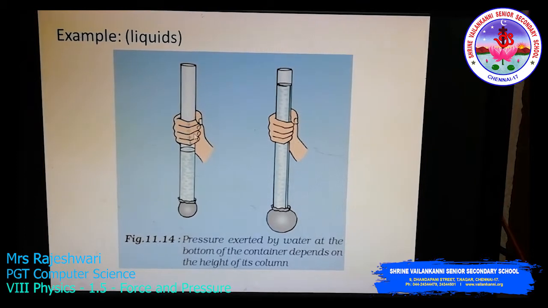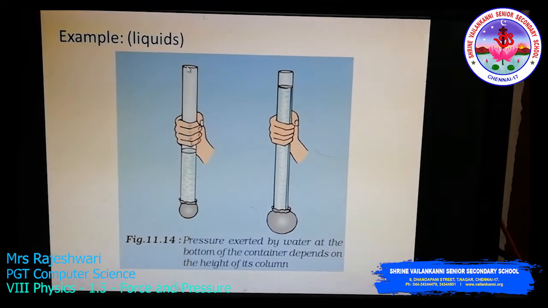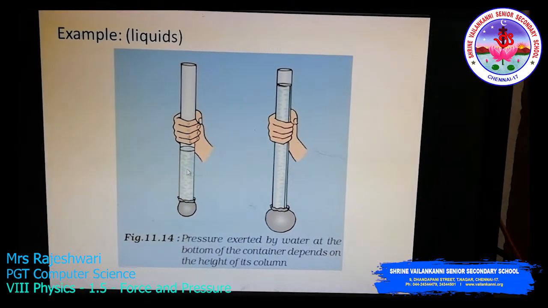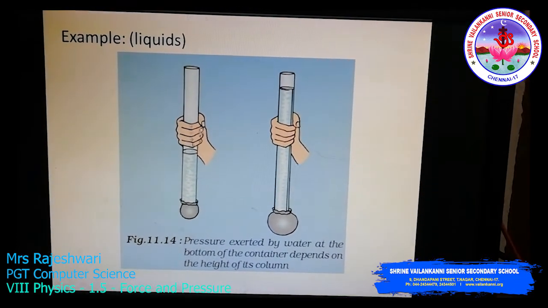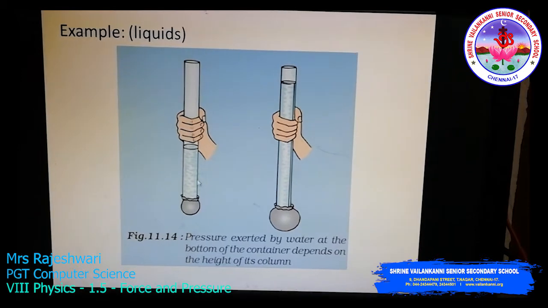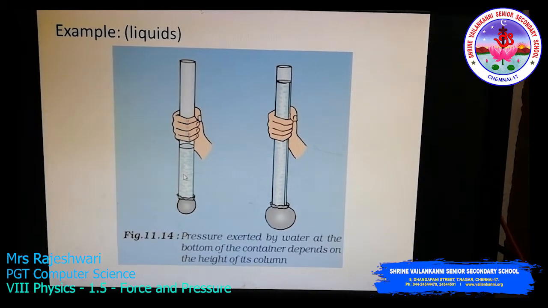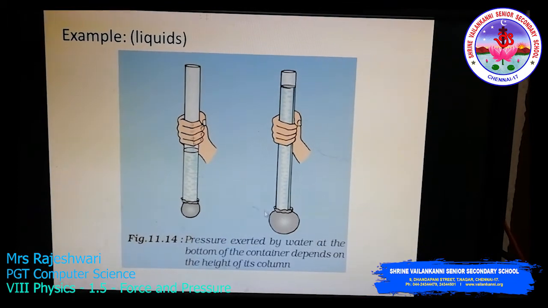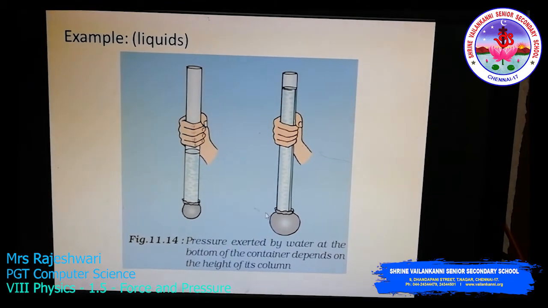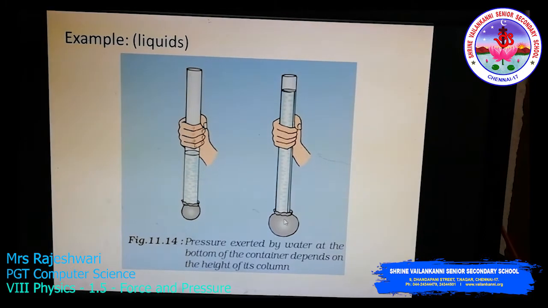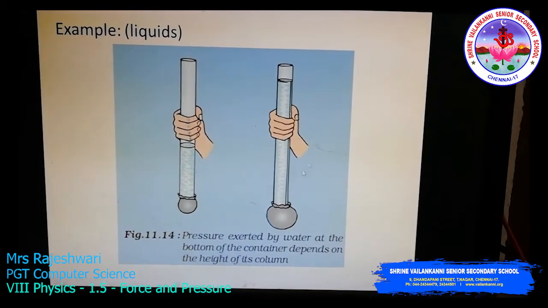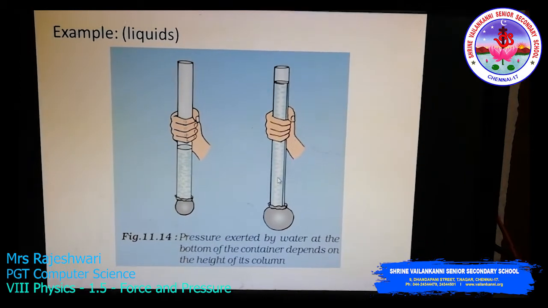After holding it, ask one of your friends to pour some water into the pipe. Once they start to pour water into the pipe, just note the height of the water in the column of the pipe as well. Once they start to pour water, what will happen? The rubber balloon will start to bulge out like this. So what is the reason behind that? The rubber balloon bulges out because of the pressure which is applied by the liquid which you pour inside the pipe, right?